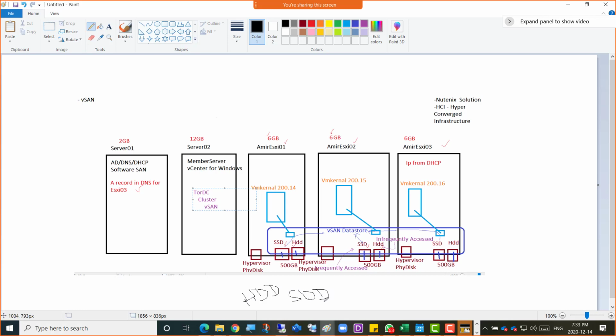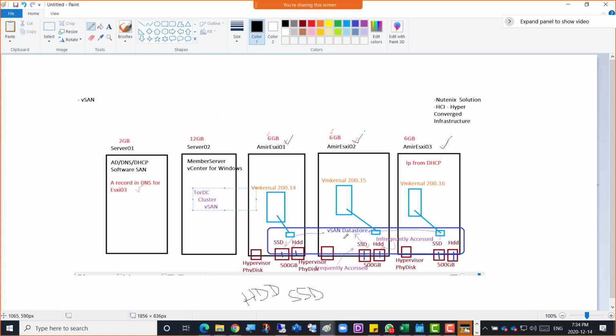SSD, right? So companies normally have a bunch of disks. Suppose there are 20 disks in ESXi1, 30 disks in ESXi2, or 15 disks in ESXi3, and they say, yes, we have a lot of disks. So VMware said, hey, how about we take your 3 hypervisors minimum, and we can create a big data